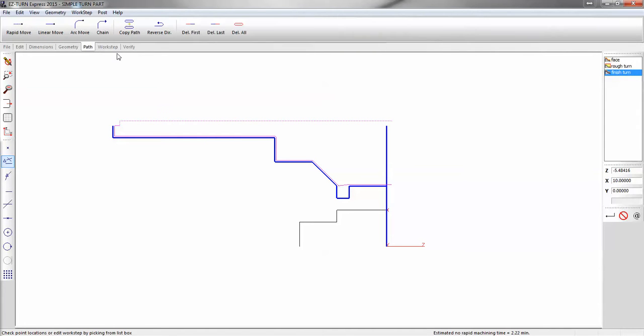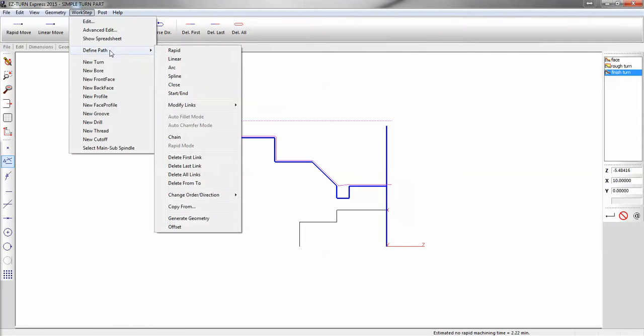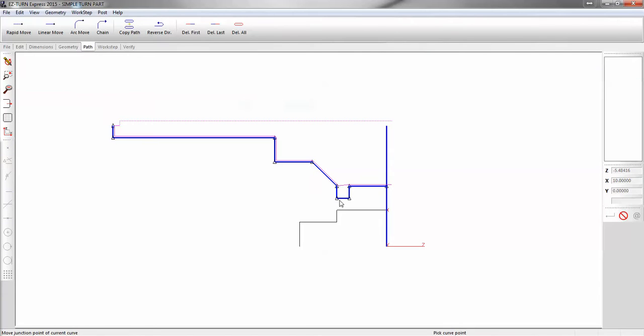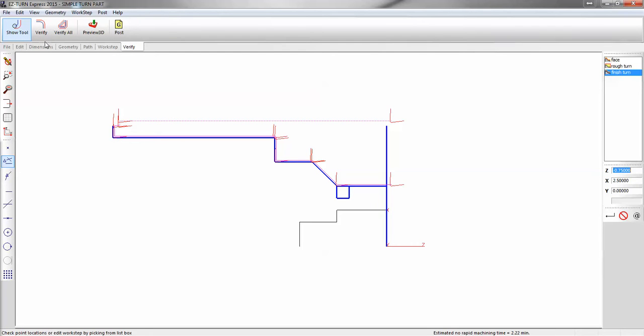If you want, you could go to work step, define path, modify links, and move a point. Move that up here. And notice, because it was a copy of the path, now my finish path is not plunging into the groove. Now if we want to show the tool insert,